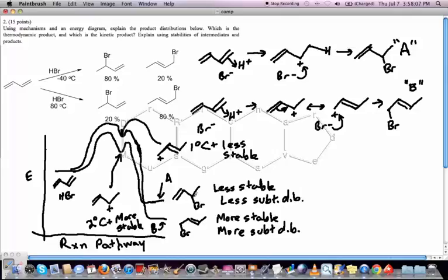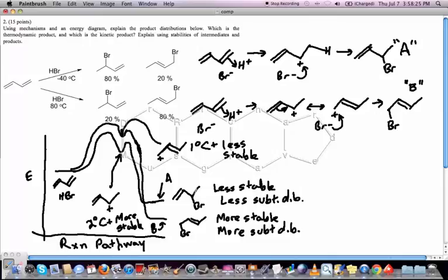Alright, so what you'll see here is that the carbocation that forms product B is less stable than the carbocation that forms product A. But you can see that the product from B is more stable than the product from